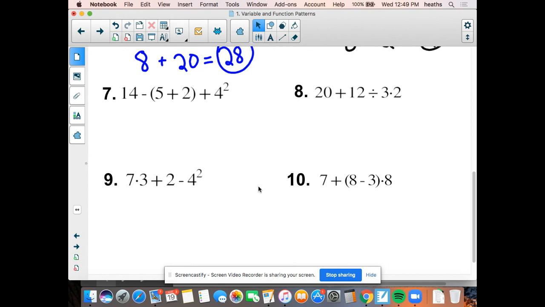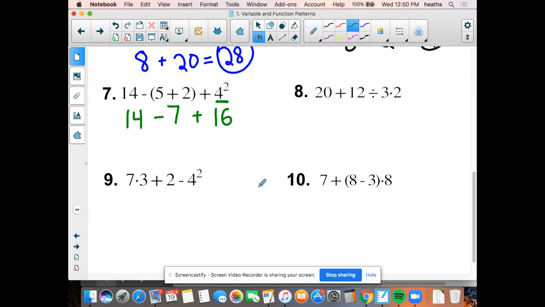First thing in our order of operations is going to be parentheses. So 5 plus 2, I know, is 7. And then our next step is exponents, and I know that 4 to the second is 4 times 4, and 4 times 4 is 16. And I'm just going to drop the whole rest of my problem down, and we are left with